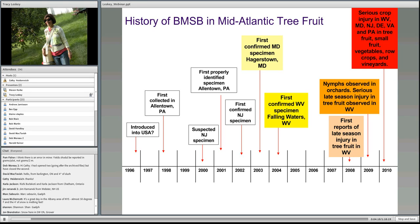Now, there was a bit of a lag period between those introductions and detections and serious injury, and in the eastern panhandle of West Virginia, we actually did not see injury until 2008, when the first reports of late season injury appeared. Then in 2009, we began to see both nymphs and adults in orchards throughout the middle of the season, and there was very serious injury in 2009. And then, of course, in 2010, this was really a watershed year where we saw injury in tree fruit, small fruit, vegetables, row crops, and in vineyards, and throughout the mid-Atlantic states, including West Virginia, Maryland, New Jersey, Delaware, Virginia,